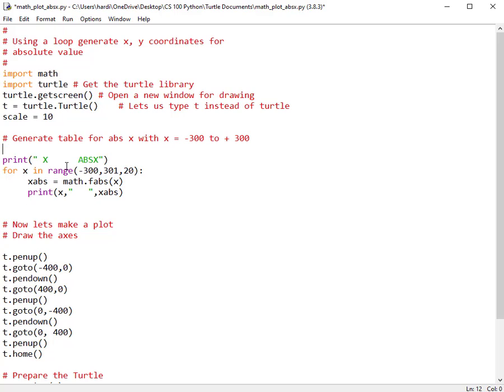Okay, so I'm just going to print a table, x and the absolute value of x. And the range of values is x will be from minus 300 to plus 300. And I'm going to go in increments of 20 this time. There's no need to go by 1, so we'll just skip by 20. And we'll plot out this